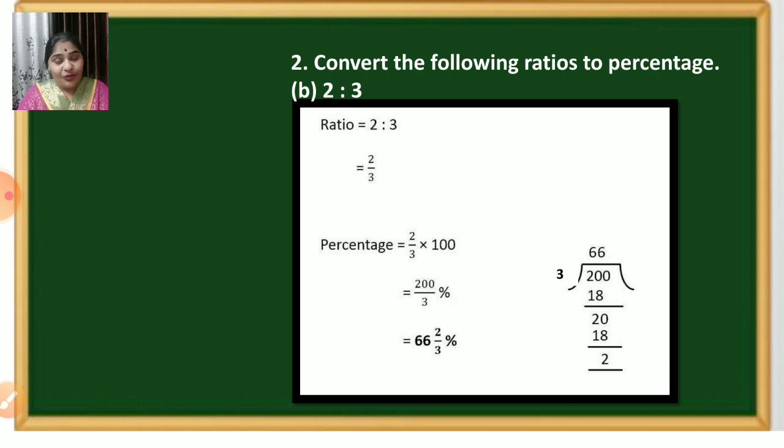So this also you people have learnt last year, children, how to divide and then write it in a fraction form. It is a mixed fraction form, right? There will be a whole and a fraction. So your whole will be your quotient, that is 66, and how to make the fraction, everyone knows, right? The remainder will come in the numerator and the divisor will come in the denominator, right? So this is how you will convert your ratios to percentage.